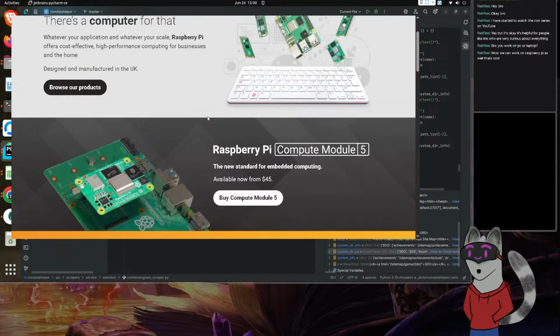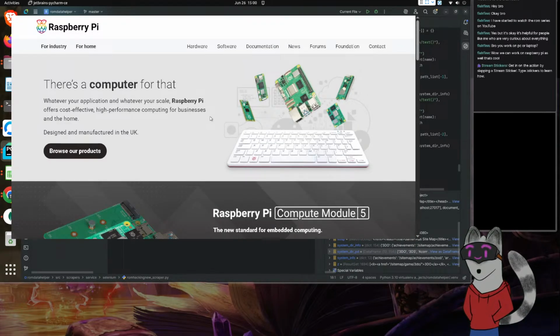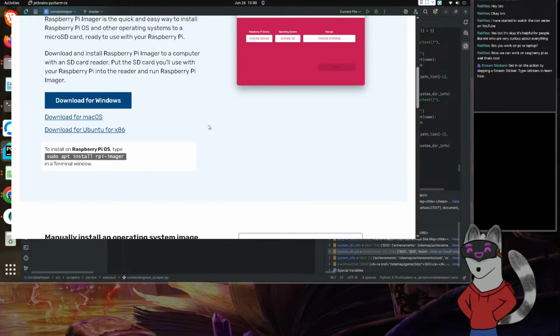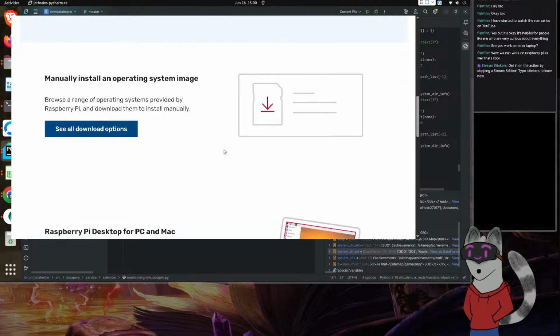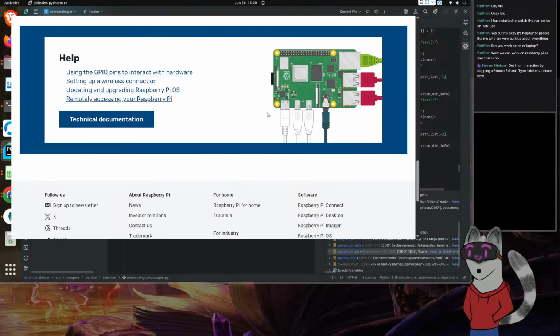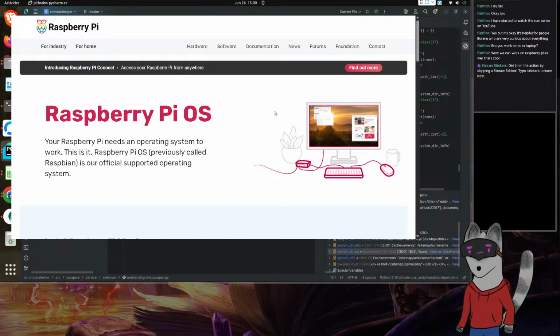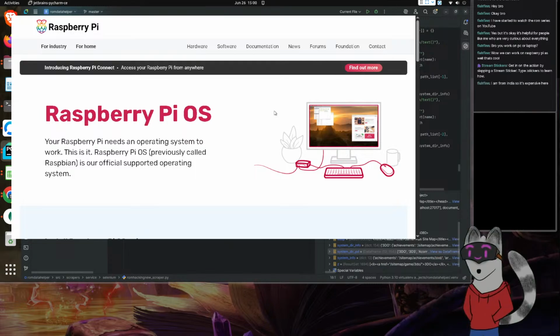But yeah, these are education boards. They work fantastically. They're manufactured in the UK, so if you're in the UK, it's a bit easier to get a hold of these. But yeah, these things are great. If you wanted to, you could build the system that I'm doing on one of these. Granted, it won't be able to use some of the AI models because they don't have enough processing power, but they can do lots of other stuff.